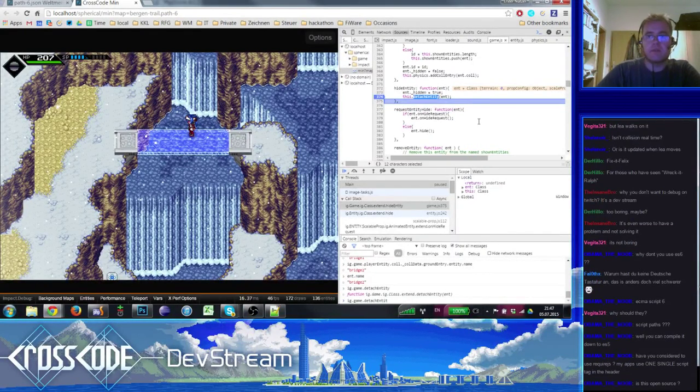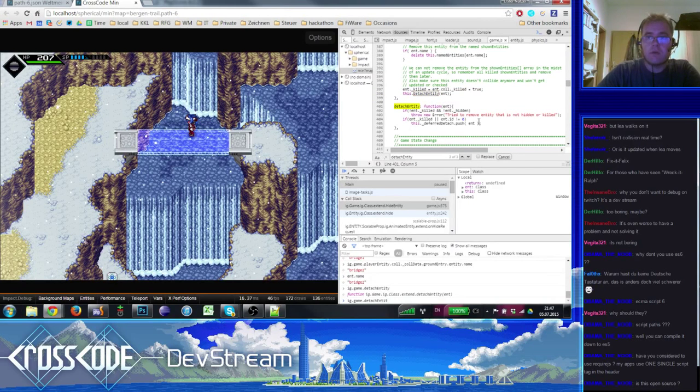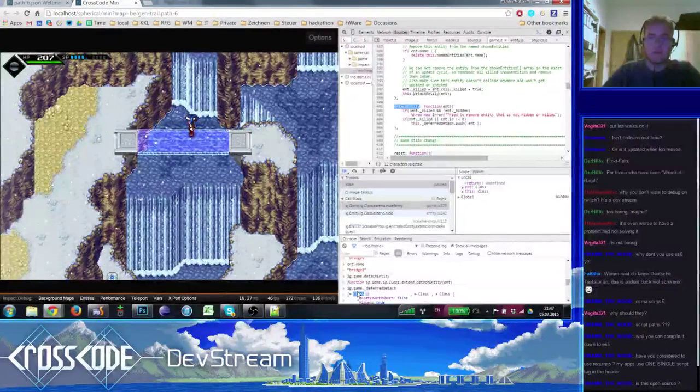What happens inside detach entity? Deferred detach. Yeah, that's the one. Let me just check. And yes, now deferred detach includes our 3 bridge entities. They should all be removed. Now let's see if that happens.